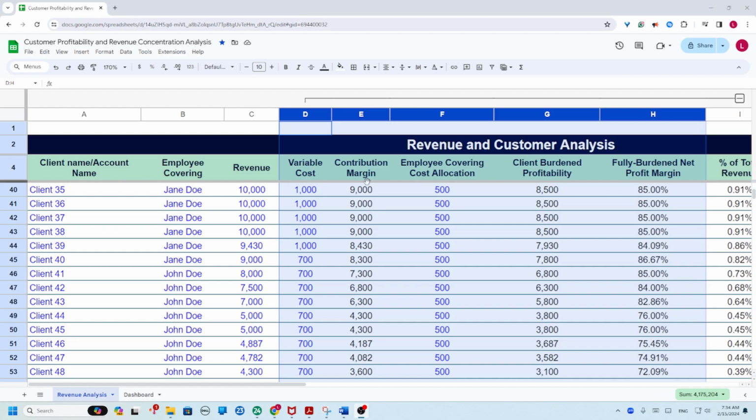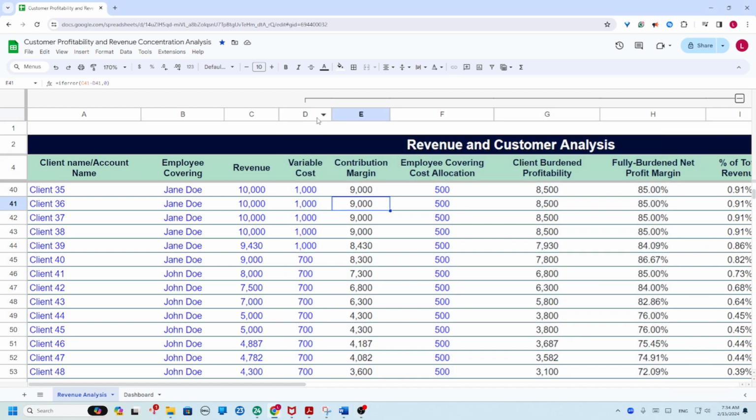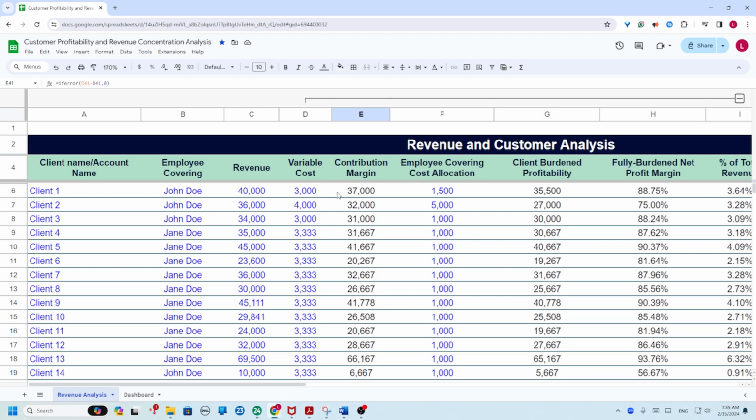So that's why we use the ABC methodology to help understand more our clients, right? So ABC means activity-based costing, right? So it's an accounting methodology used to determine the cost and profitability of a given unit, client, or service, and so forth, right? So, for example, for this client one, our variable cost, which is the cost that only exists because of the revenue